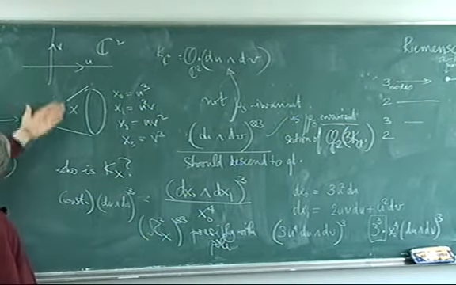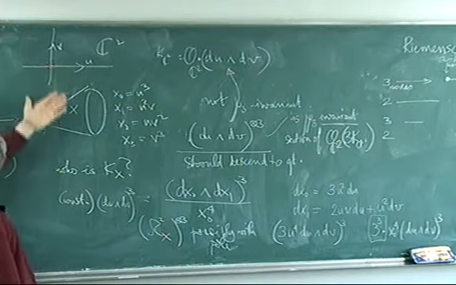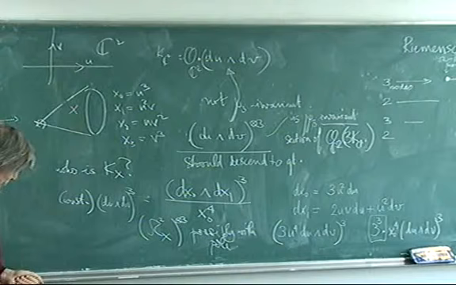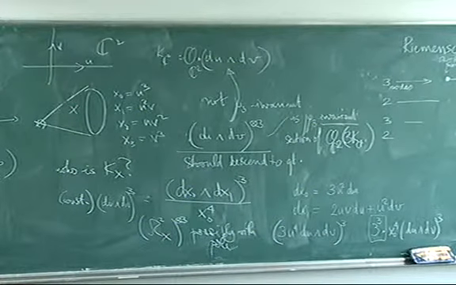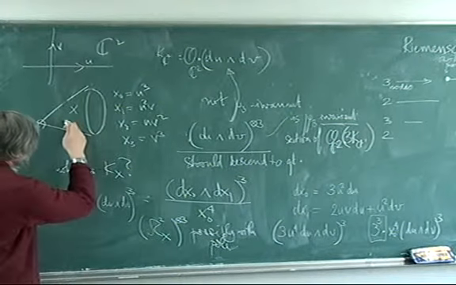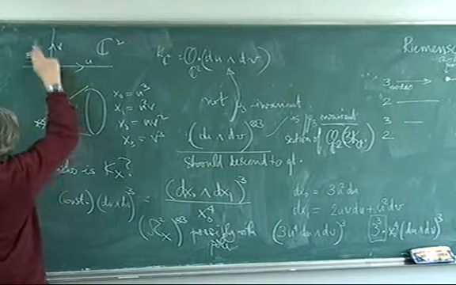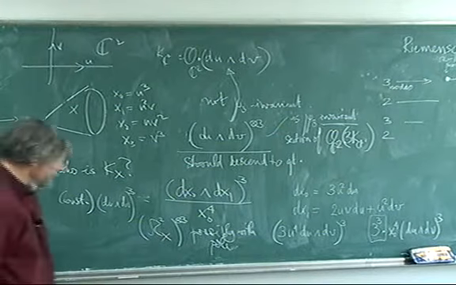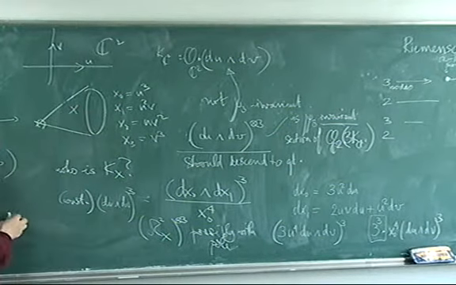The map here is étale. The map is unramified, so the Jacobian determinant everywhere is invertible. So omega 3 here and omega 3 there are just related by pullback under a covering map, under an unramified covering map. Right? So you can see